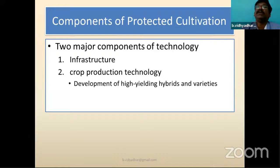This problem has been minimized by developing naturally ventilated protective structures where the temperature can be maintained at a desired level naturally. Fertigation and micro irrigation speak a lot of science and technology, demanding continuous research for further improvement of its quality. It is the skilled hand of engineering that provides plants favorable microclimatic conditions to grow vegetable crops